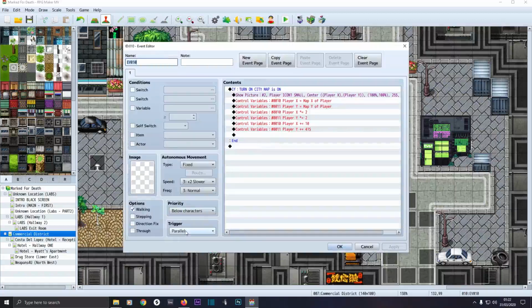create another parallel event. I've got this switch here again, if turn city map is on. This is just a conditional branch to see whether it's turned on. If it is, then the map will show up. It's up to you whether you want the map to show up straight away or not. But if you want it to turn on, you want to do